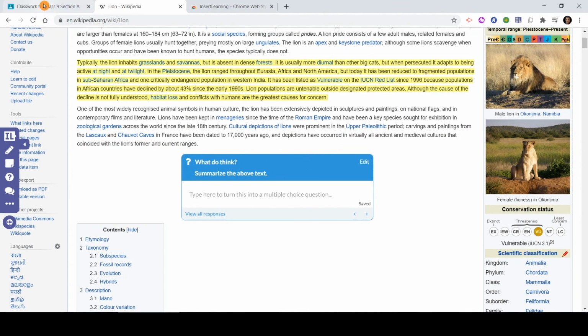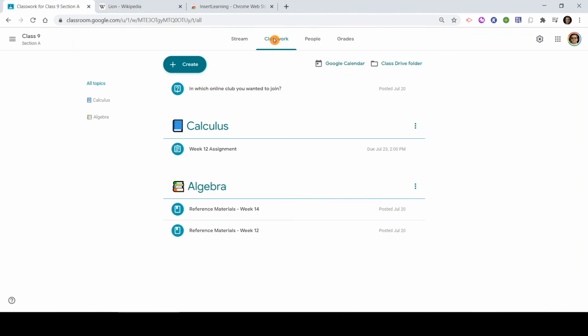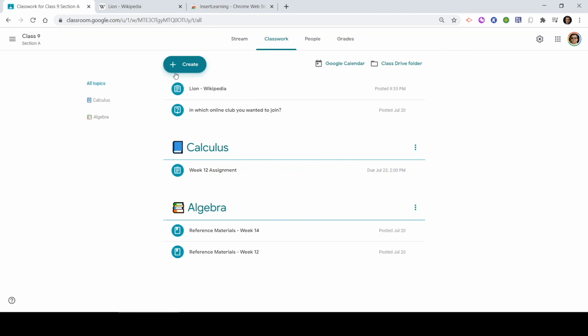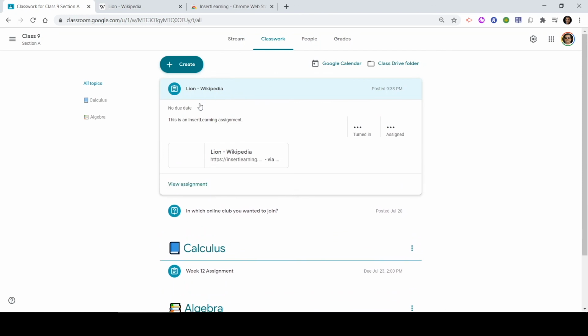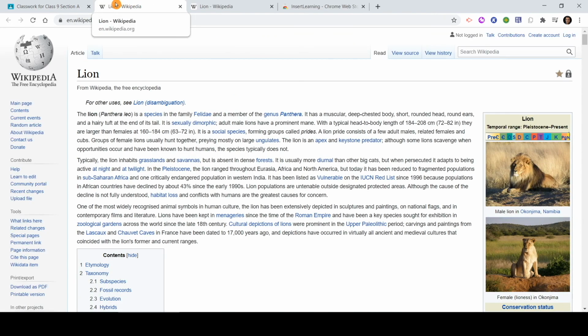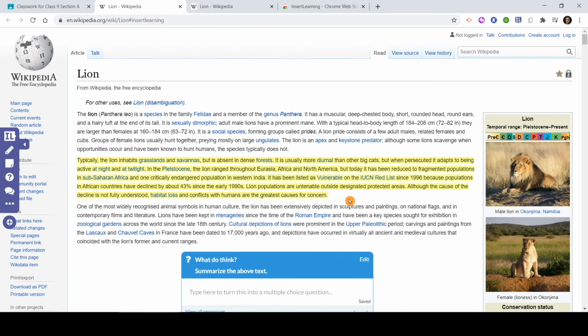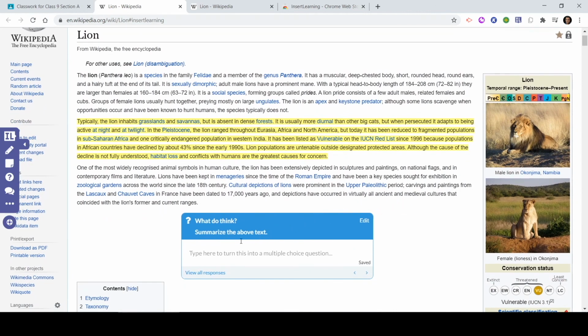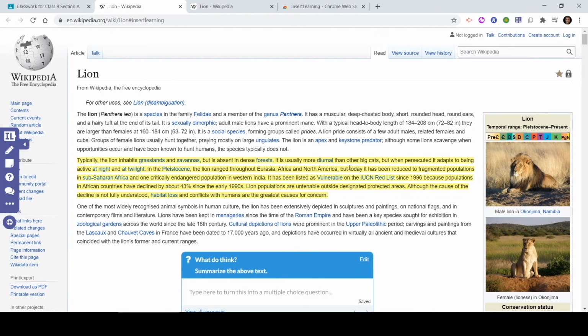So now if I go back to my class and go to the classwork tab and refresh, you can see one assignment got added here, that is Learn Wikipedia. If I click on that, you can see this particular icon came up and this is already assigned. And if I click here, it will open that particular tab, and there you will be able to see all those annotations, whatever we added earlier. It's currently loading. You can see this particular paragraph we selected and here is that question, right? So all those things you will be able to see. So this is another great tool you can use with Google Classroom, which will enrich your experience. Hopefully you will be able to use it in your actual classroom.